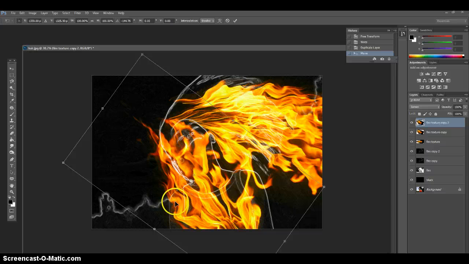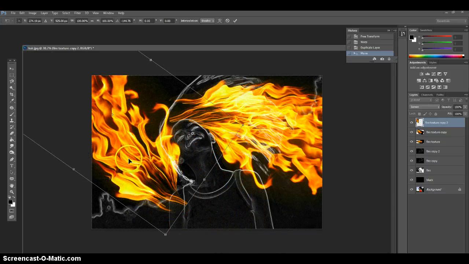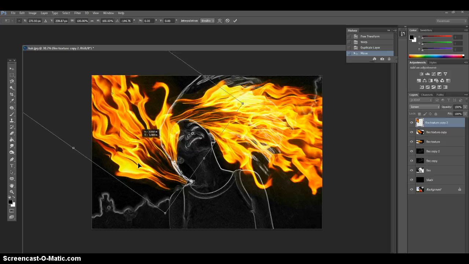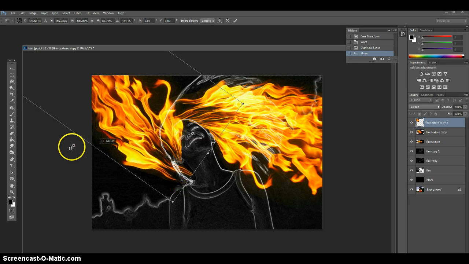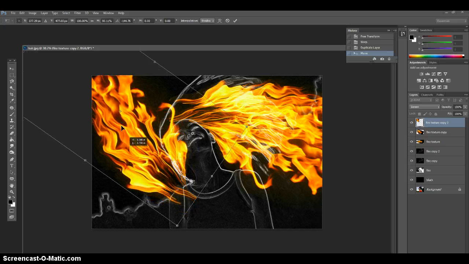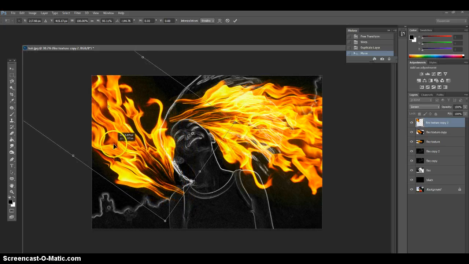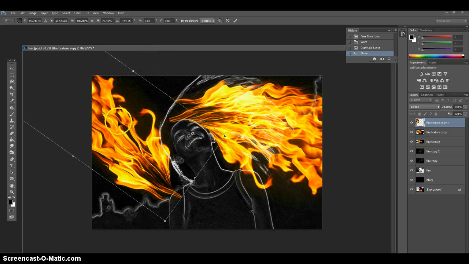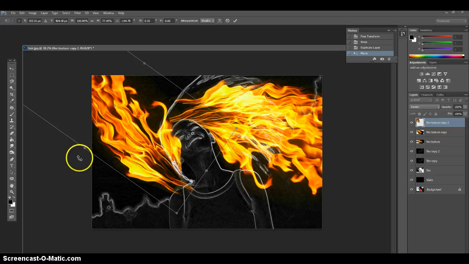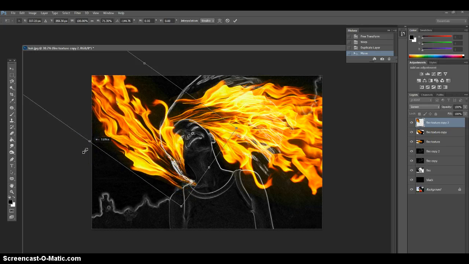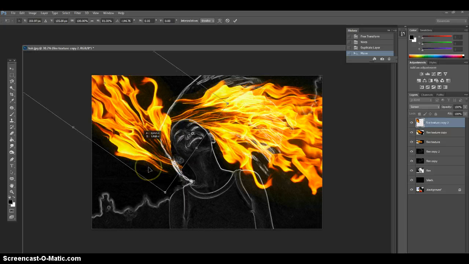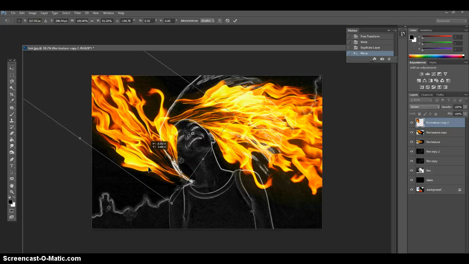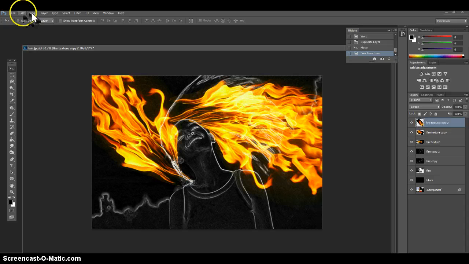Sorry, I'm messing this up. And then you might need to resize it a little bit too. So remember, with the free transform, you can move it and rotate it and resize it all in one fell swoop. And again, you want to spend a little bit of time playing around with this. Hit enter again,